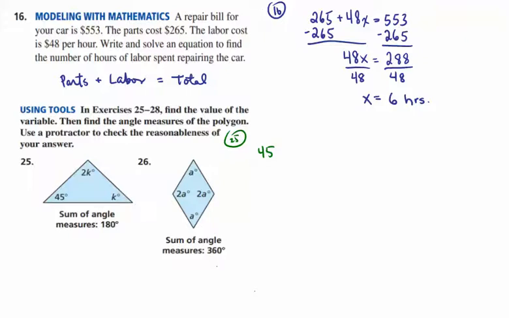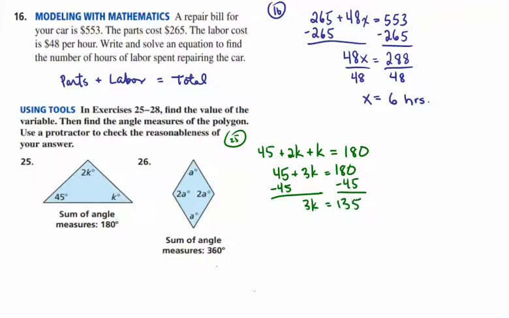So we have 45 degrees plus 2k degrees plus k degrees has to come out to equal 180 degrees. So here we begin with simplifying, combining like terms. We have 45 plus 3k is equal to 180. Subtracting 45 on both sides leaves us with 3k is equal to 135. Dividing both sides by 3, we end up with k has to be